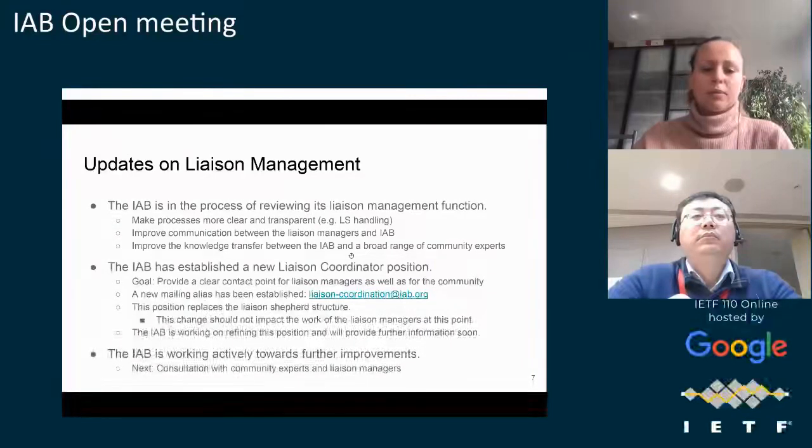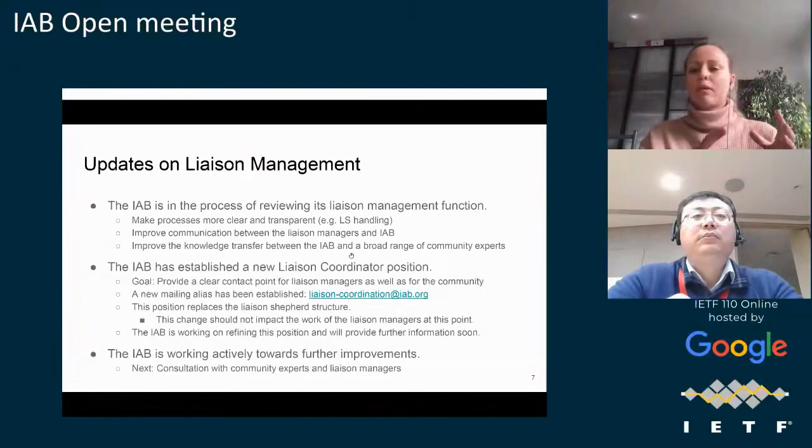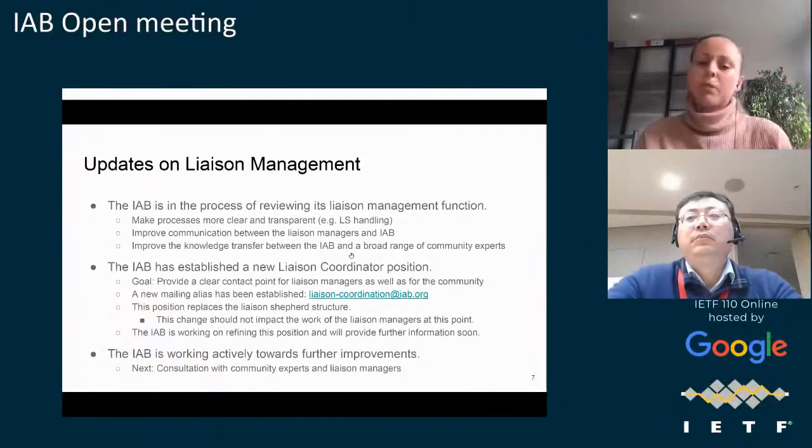The current structure was a one-to-one structure where we had one IAB shepherd for each liaison manager. The liaison managers are stable positions because that's where the knowledge is about the other SDO, about how to interact with them. But then we had a second person on the IAB who would be the shepherd and the contact point. And that was confusing because we would change them on a yearly basis, and it was many different people, it was hard to find and so on. So concentrating this on one position, which probably will be filled by two people to have a backup, should make things more clear and easier, hopefully.